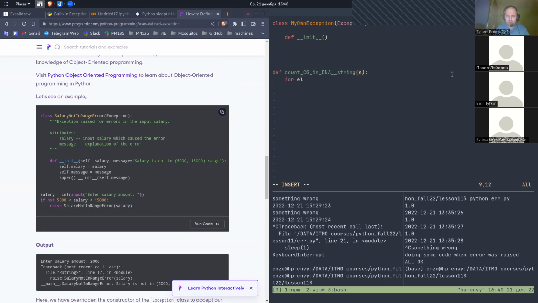For element in S. So if element not in A, C,